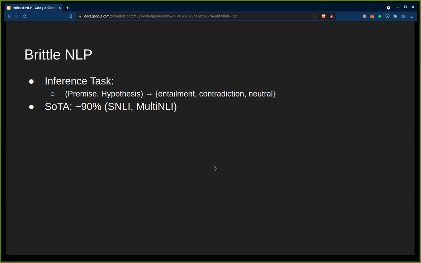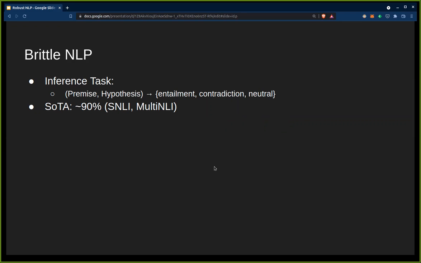We know about these natural language processing models that can do all these cool classification and translation tasks. One kind of task that I looked into is called inference. It's where you have a premise and a hypothesis, and you want to say if those two are entailed, or they contradict each other, or if it's just neutral.